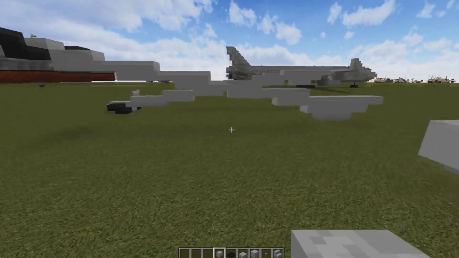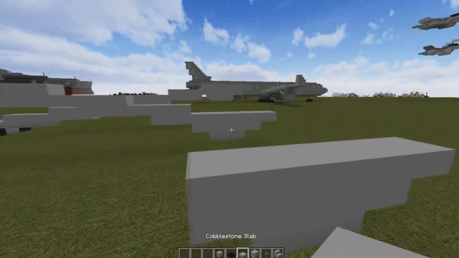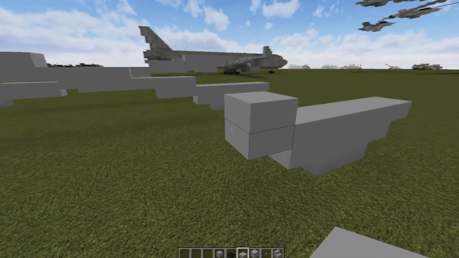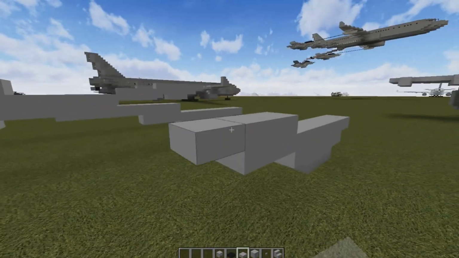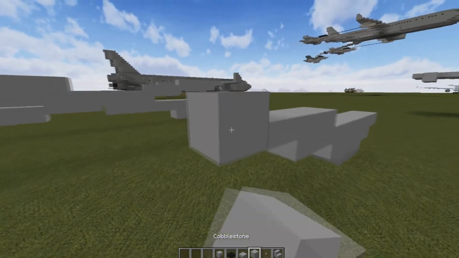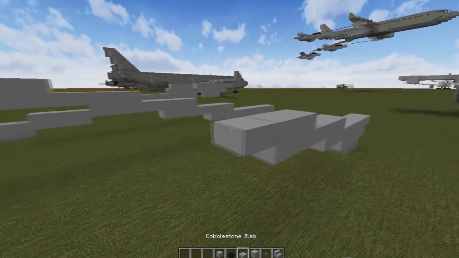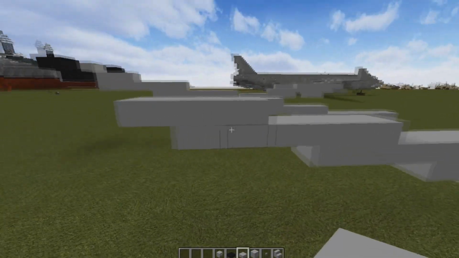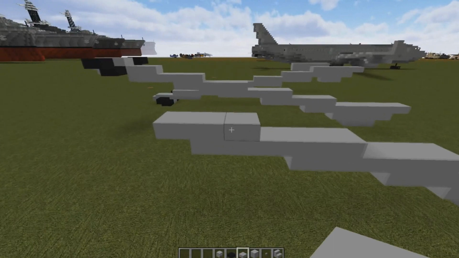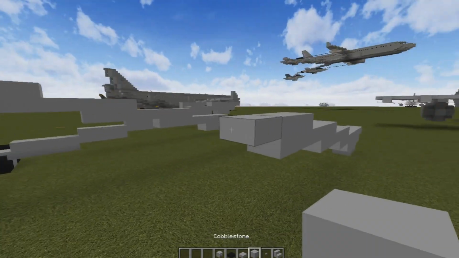Okay, so we're going to start with the boom up. What we're going to do is go 2 slabs there, 2 slabs there, both on top of each other. And then we're going to have 1, and then 2 blocks. Then we're going to have 3 slabs, 3 slabs on top of that, overhanging by 1 like that. And then we're going to have 2 blocks,